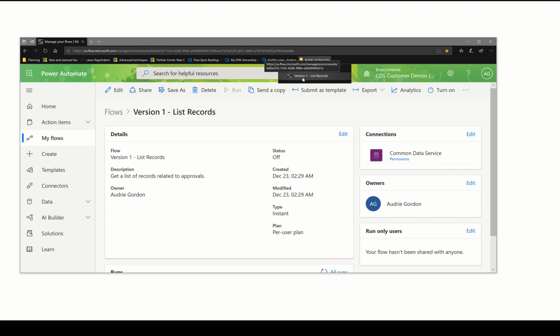And then every time I save a version, I add that to my folder, same folder. So what I end up with is one folder in my favorites bar that has my current flow and all its past versions. And so I can always roll back to a previous version. And I'll let you know that I usually do my versions daily, for instance, every day. If it's a really complex flow that I'm working hard to get right, I might do it